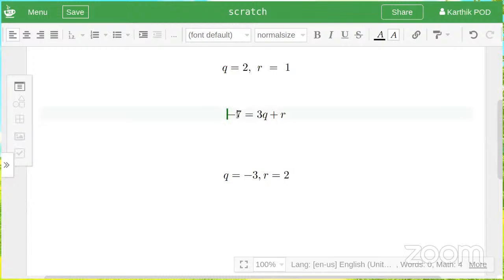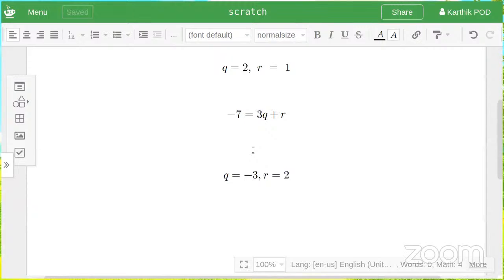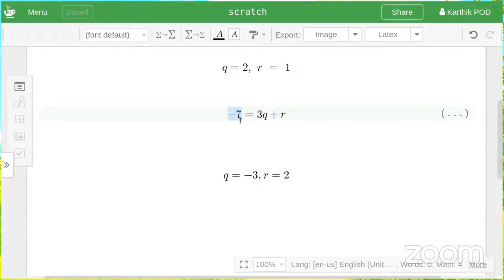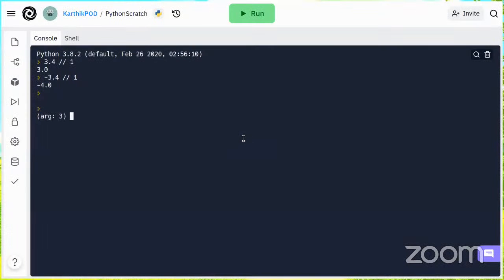Okay, so I'll just write the Python equivalent of this. If I divide -7 by 3, -9 is less than -7, right? So I'll do two operations: -7 quotient 3. I'll now shift to the console. So -7 floor 3 gives -3, and -7 percent 3 gives 2, right? So now compare with this. Yes, -9 is less than -7, basically.